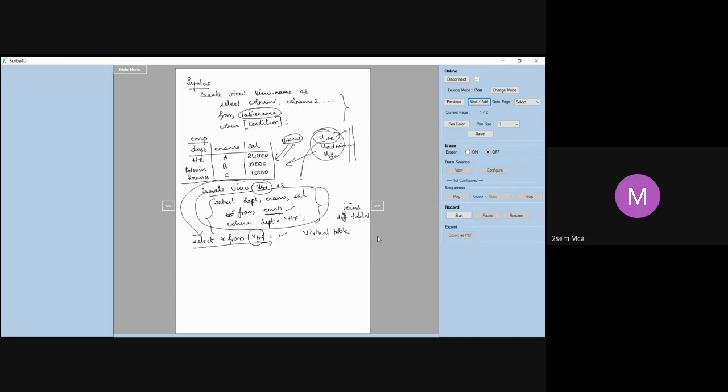I'll show you one more example before we go into that table. Let us say I have, let me take another table, employee. Suppose I have EID, e-name, age, address, salary. I have something like this.